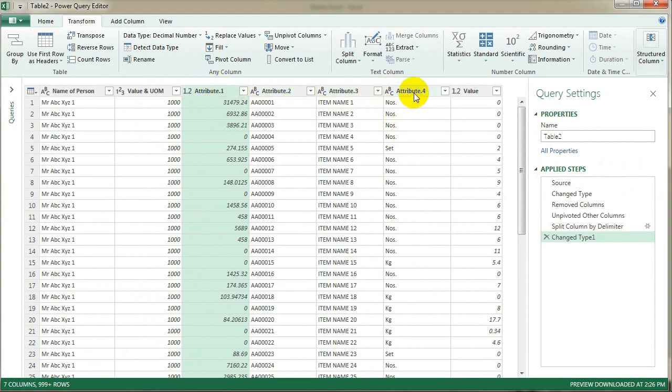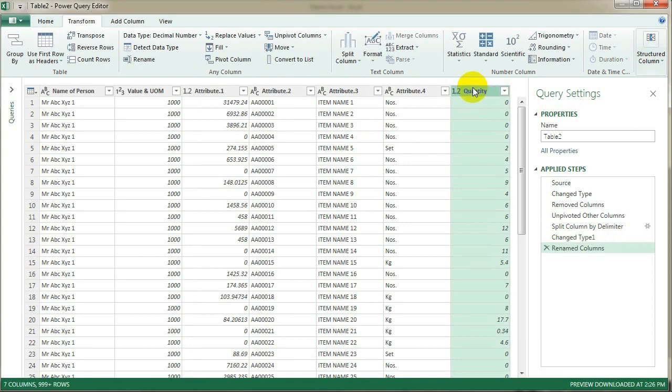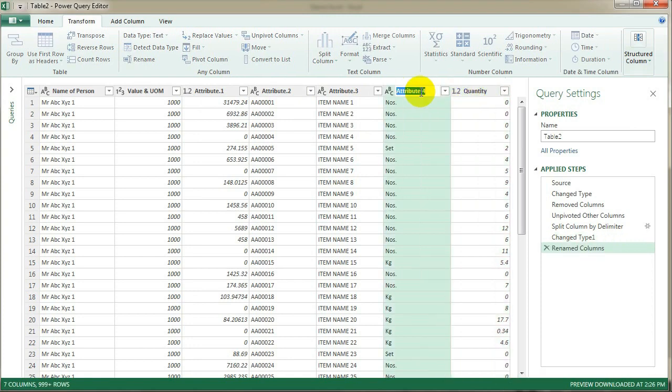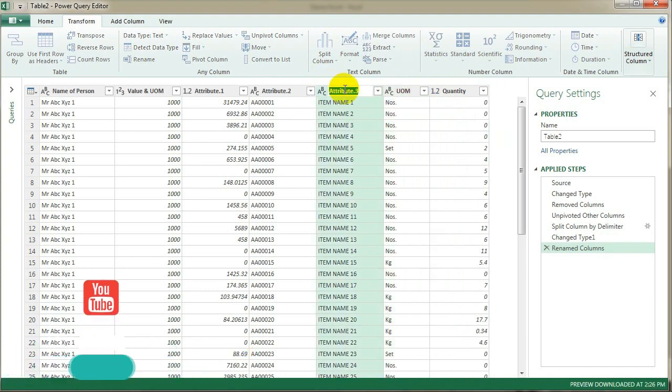I need to rename the columns. This one is quantity. This is unit of measurement. This is item name.